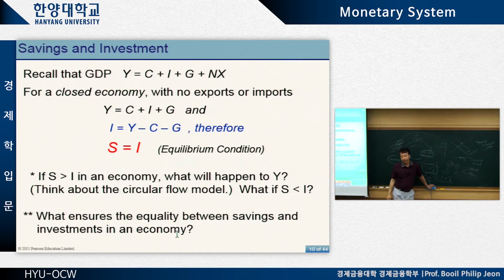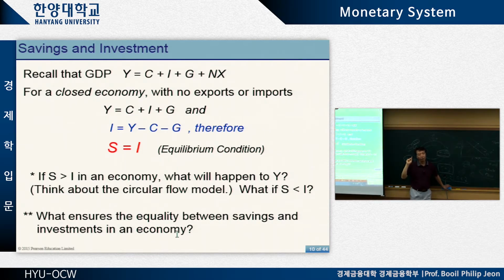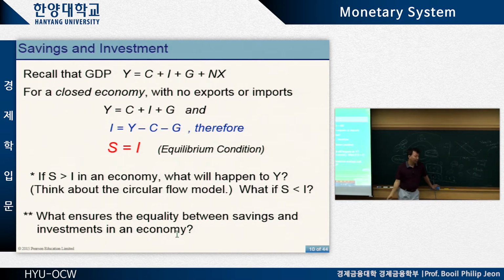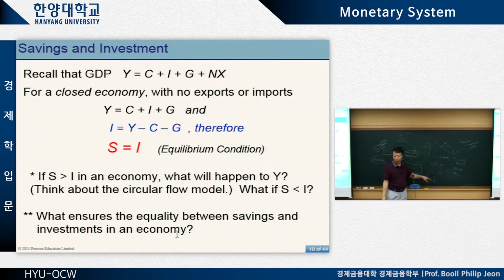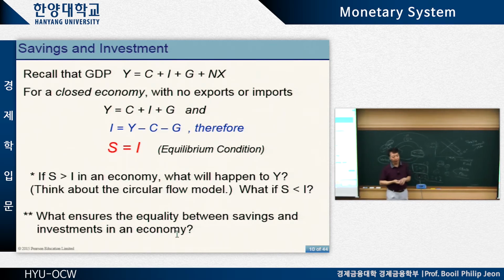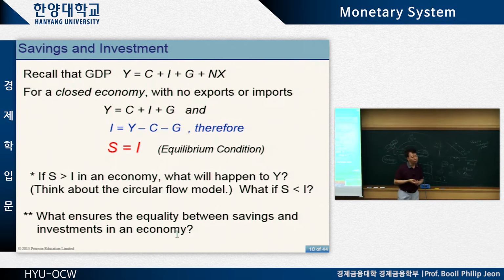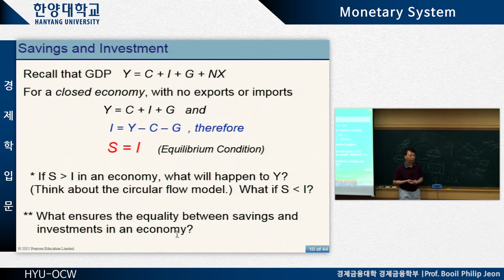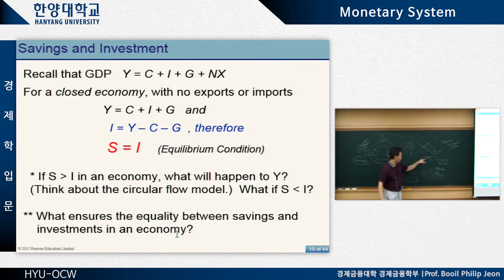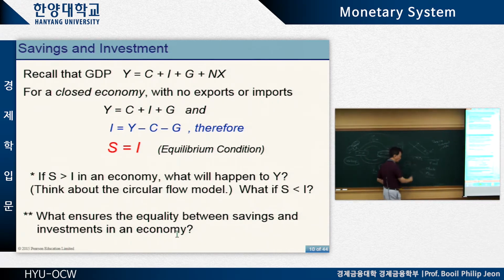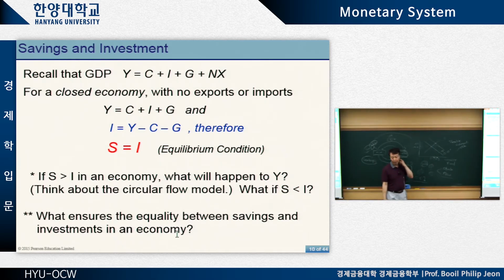Okay? So I guess you can answer it two ways. First of all, we need a financial market, because in the financial market, we can have the trading or interaction between the savers and investors. And you also need the freely adjusting interest rate in the financial market, so that we can have this identity, saving equals investment all the time. All right, makes sense? Okay, good.